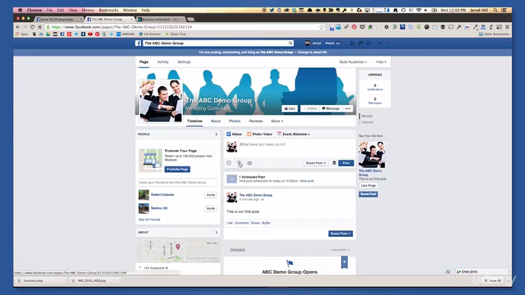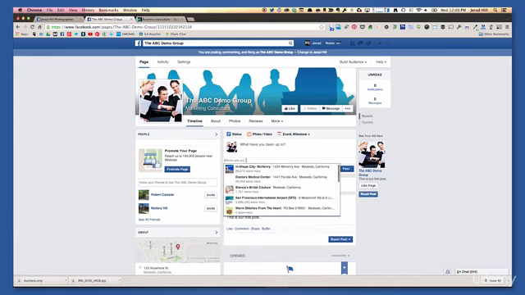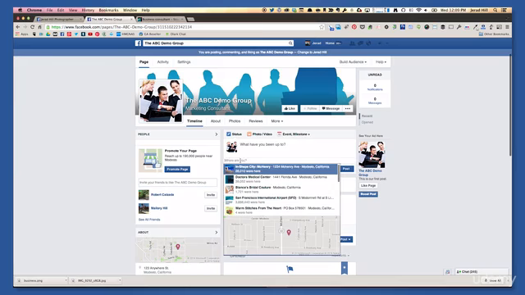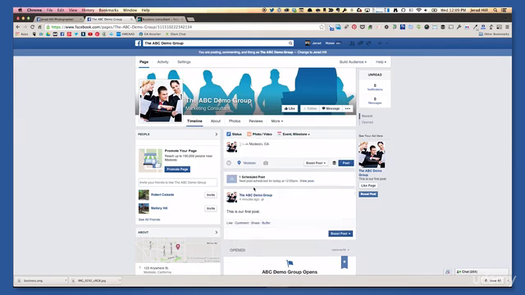Now, when you decide to add a location to your post, you can add all sorts of locations. It's going to start showing you suggested locations nearby, but you can add anything from the city that you're in to a specific location of another place. So I might add Modesto, California, and then choose the city. Because that's where my post is from.